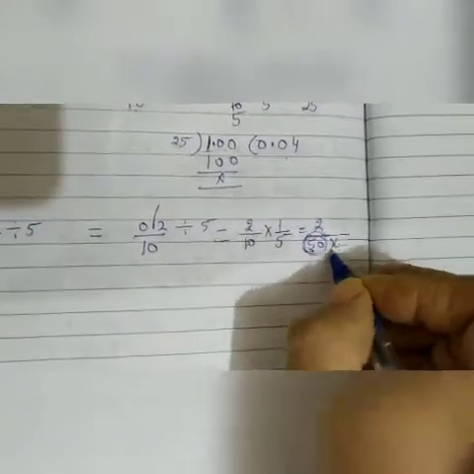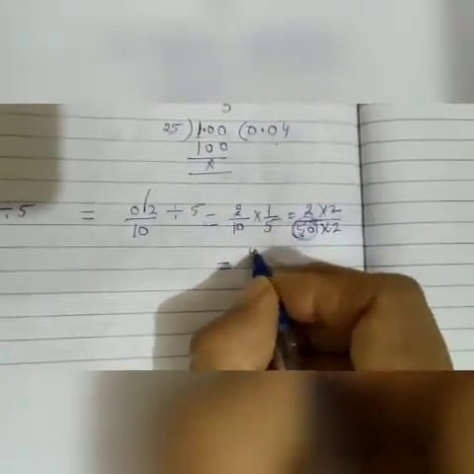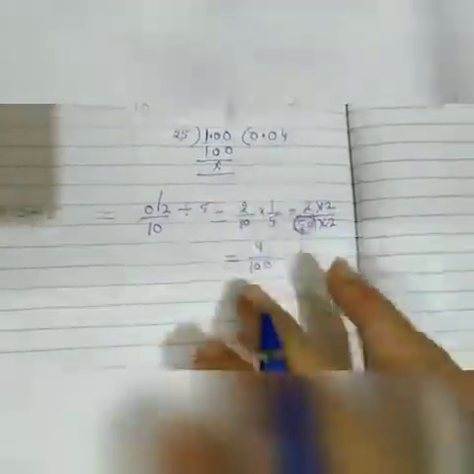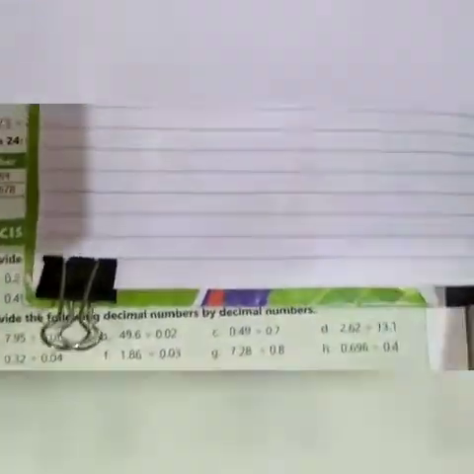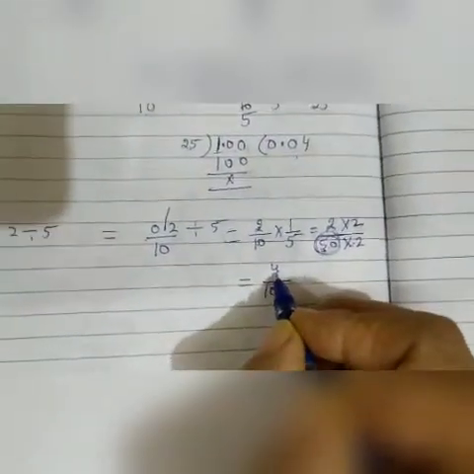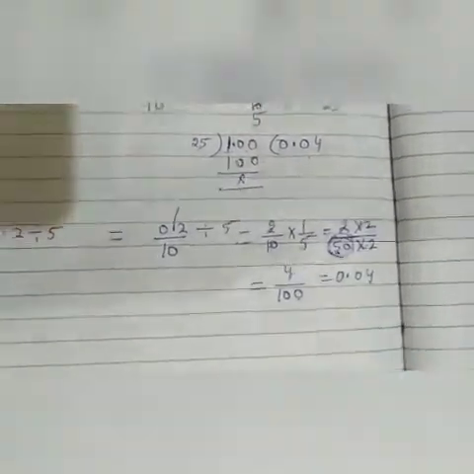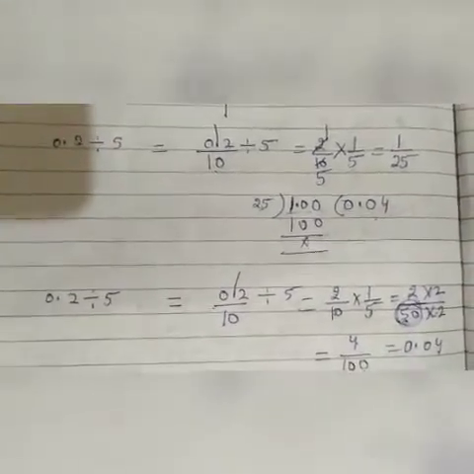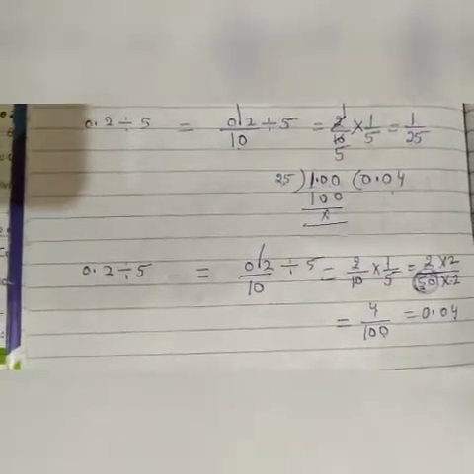So if we multiply here by 2 and here also by 2, it will become 2 2 ja 4 upon 5 2 ja 10, that is 100. Now we will divide it as we did in the previous class in question number 3. If we divide this 4 by 100, there are 2 0 in 100, so the decimal will be before 2 digits, so it will become 0.04. So I have told you 4 methods here. You can do any one method which you feel is easy.